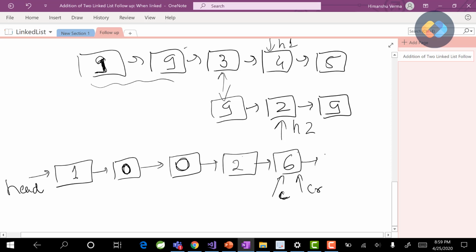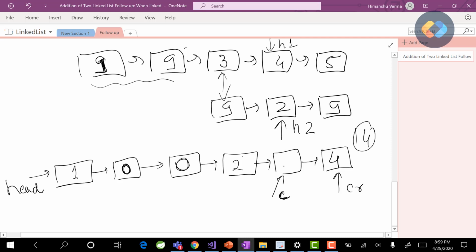So let's see what will happen at the next node. This will definitely generate a carry, so it will be 14, so this will generate a 1 here. Whenever a new node is created, our crawler node automatically goes there, and after that we see the addition value is 14, which is greater than 9.